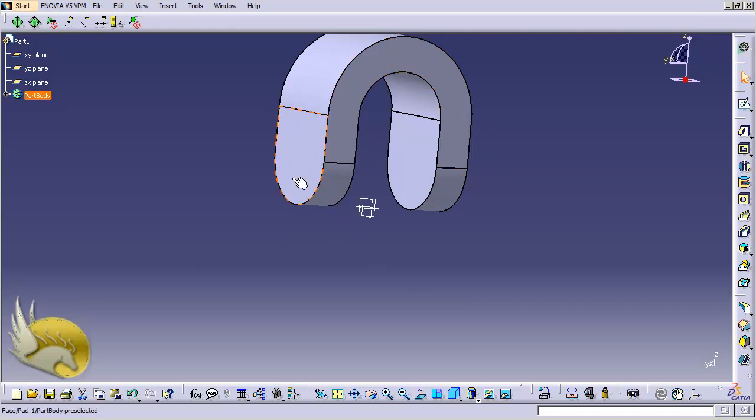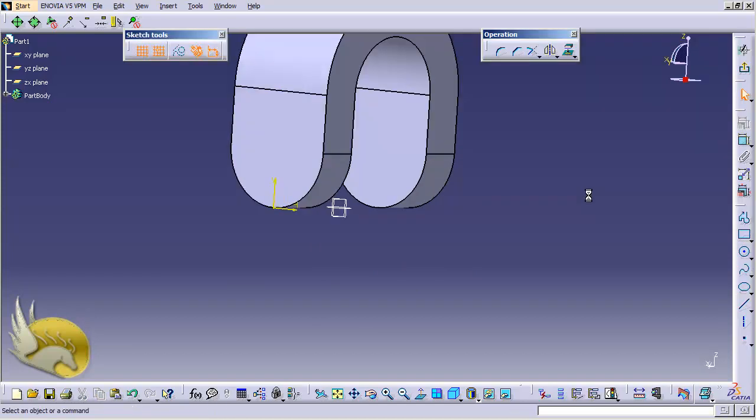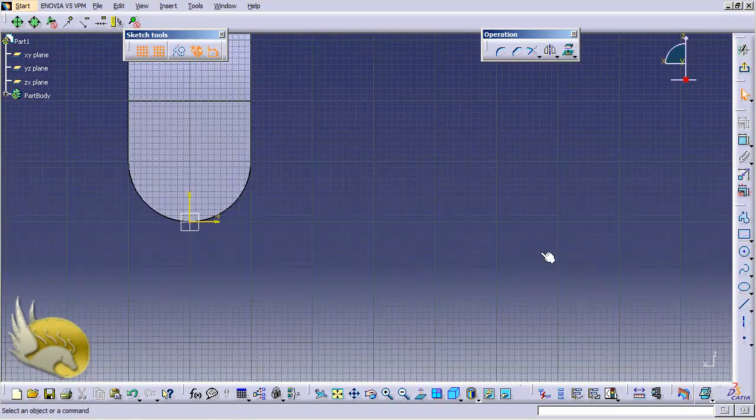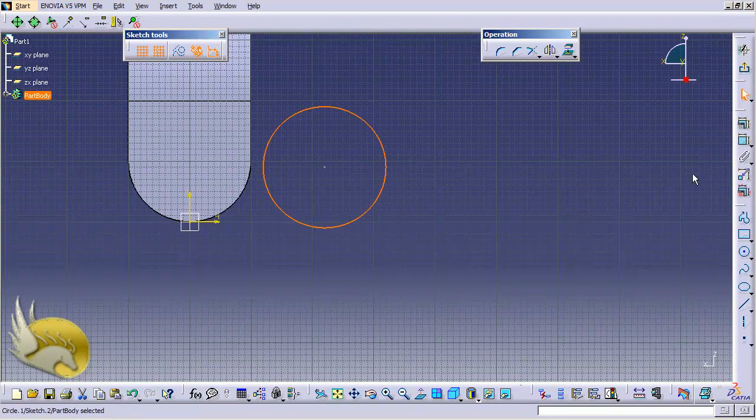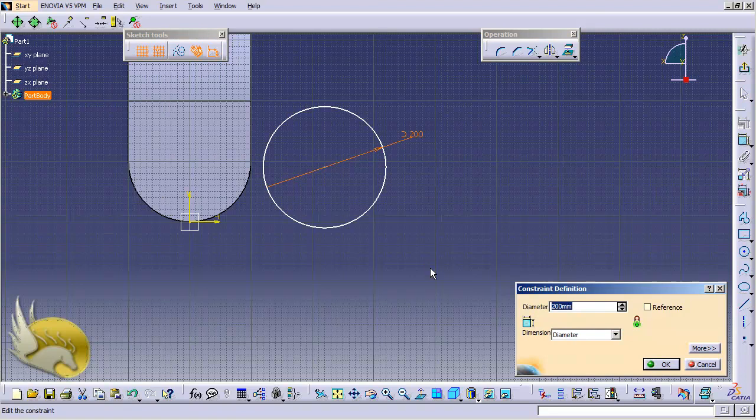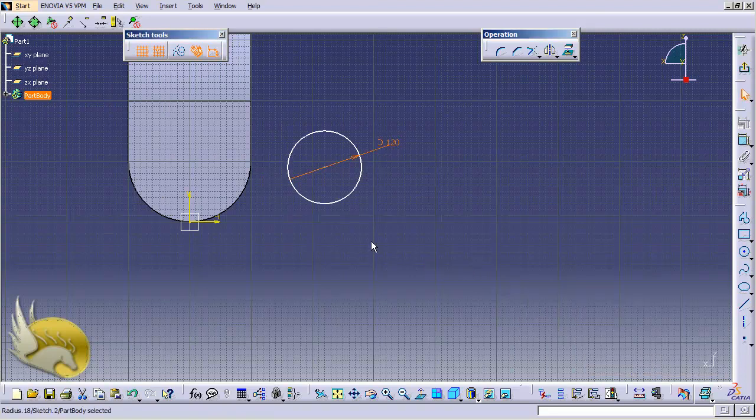So let's go to sketch environment by selecting this face, and I want to have a hole here, so I draw a circle like this. This circle should be 60 millimeters in radius, so this is 120 in diameter, and I want it to be concentric with the center of this. So let's find the center of this. I want to have a point,